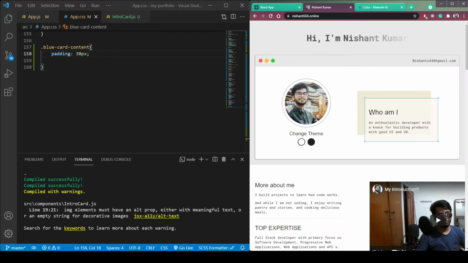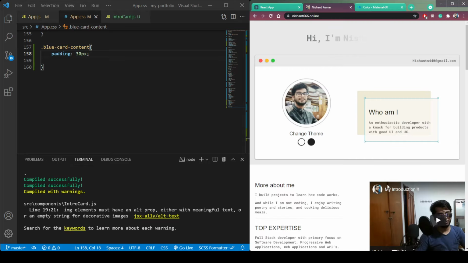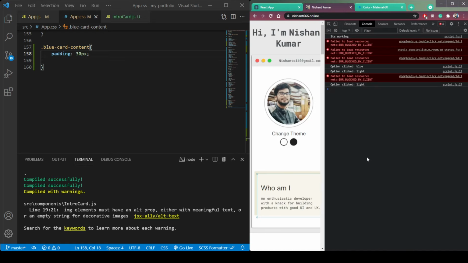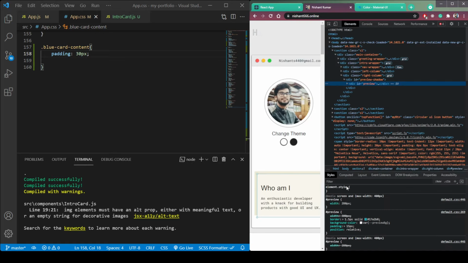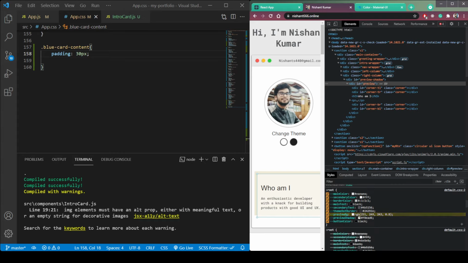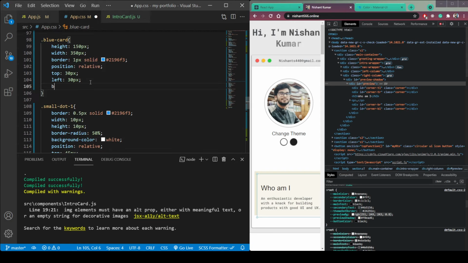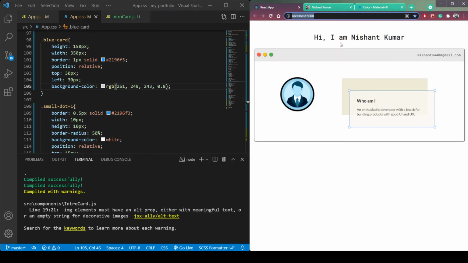We also need to change the background of this blue card, so let's do that. Check this, inspect this element, which color is this. In this, let's say preview, copy this preview and paste it. This background color is this RGB 251, but let's copy this. So copy this RGB color, and inside this blue card give it a background color of this one. Close this console, and you can see it is similar to this.